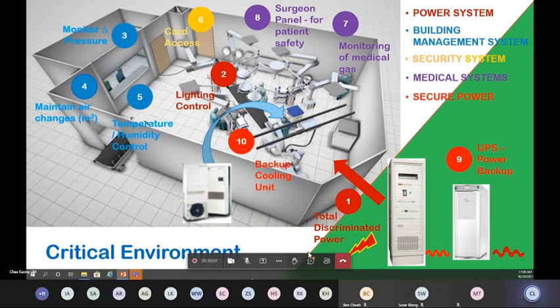And not to mention also, we need to have backup cooling units. All right, if your main AHU fails or your main aircon fails, you don't want the patients inside there to start sweating, especially doctors, because they are fully gowned. It's going to be hot. You cannot have no cooling. And the other thing is that proper cooling will benefit the patient because it regulates the heart, because as temperature starts to fluctuate, our heartbeat changes. We need to maintain the temperature as smooth as possible or as stable as possible to prevent any shock. All right. So when the main fails, you need to have the backup running to ensure that the temperature does not fluctuate as dangerously as stipulated.